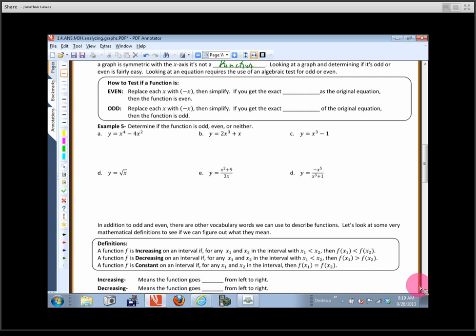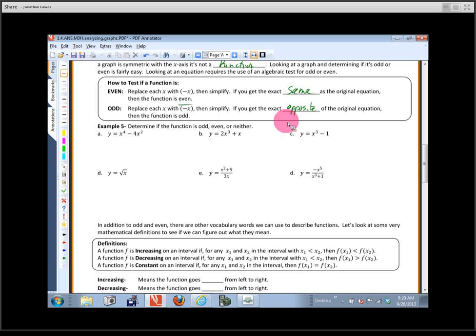It's one thing to tell by looking at it. It's another to be able to just grab a function and be able to tell which it is. So we've got this little test for whether or not we've got an odd function or an even function. And the cool part is they start out exactly the same. You do exactly the same thing for both parts of this test. You replace every x with a negative x. Notice that it's in parentheses. And then you simplify. If you get the exact same thing as the original equation, then it's got to be even. If you get the exact opposite, an opposite would mean it has a negative in front of the whole thing, essentially,